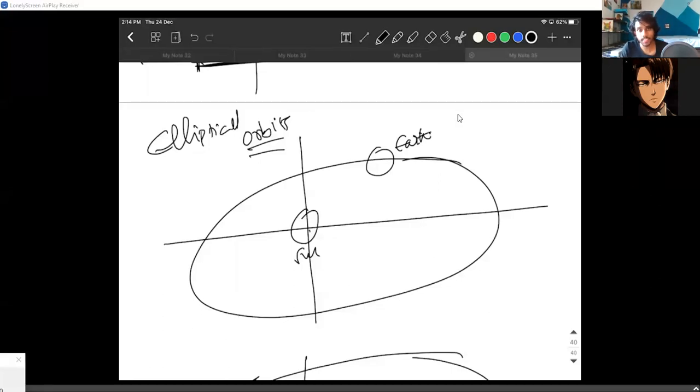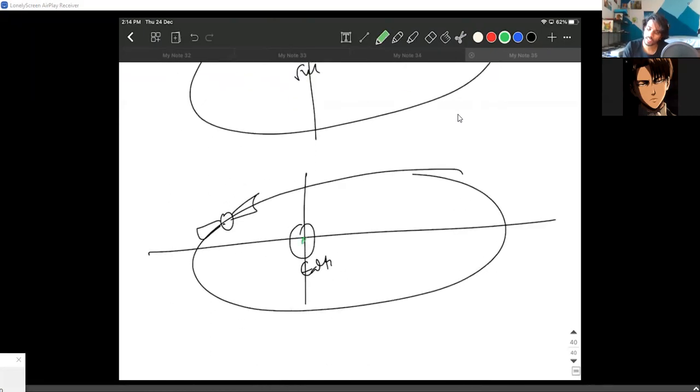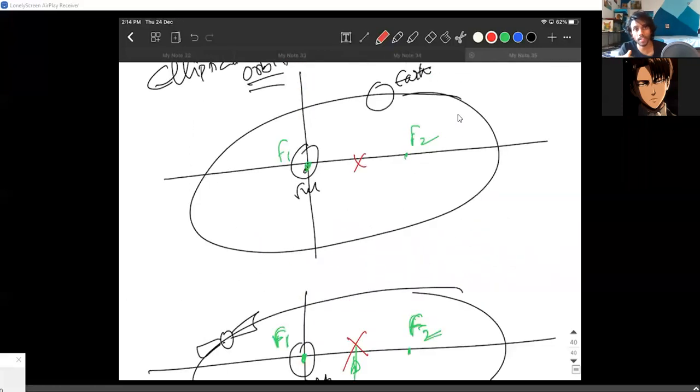In both the cases, the central object, which is supposed to be at the middle, always goes to one of the focuses. Remember this point, either at f1 or f2. In this case also, it's either at f1 or f2. You get that? So it has to be at either of the focal points f1 and f2. It won't be at the center. People might think they would be at the center, but they're either at the focal points f1 or f2.